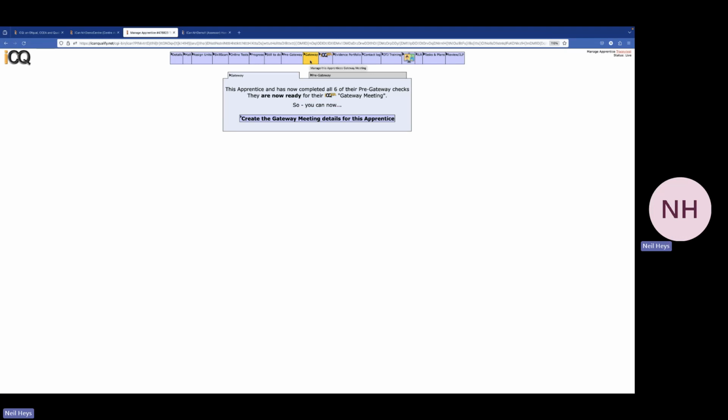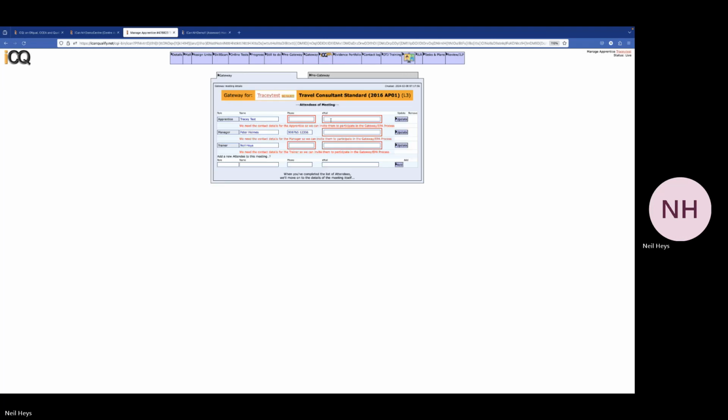So I'm going to gateway now, and provided pre-gateway has been met, we can create the gateway meeting details for this apprentice. When we're creating the gateway details, we are required to put a telephone number and an email address for each of the individuals. Now, as I'm doing this, I will say that you must